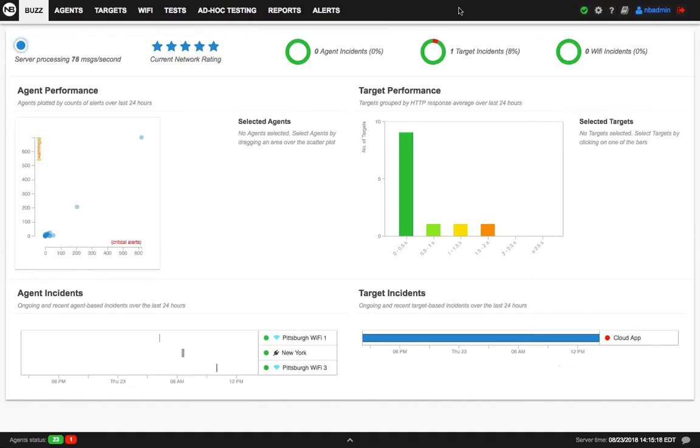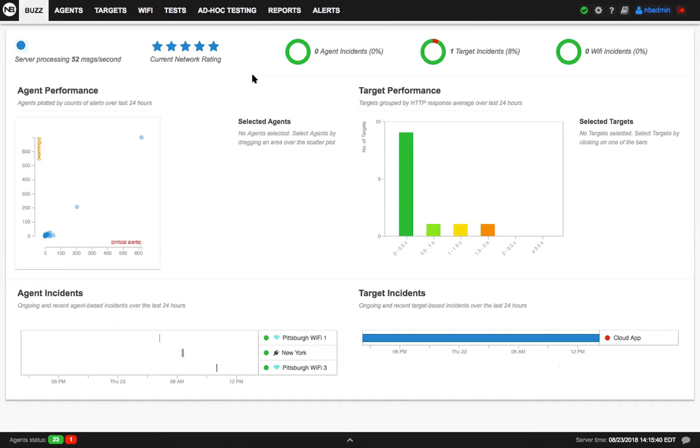So as you can see here, you can see our dashboard. We're really excited to show you the latest improvements that we introduced in version 1.4, as I was saying, released in July 2018. But before going into the details and specifics of the Wi-Fi monitor with NetBees,